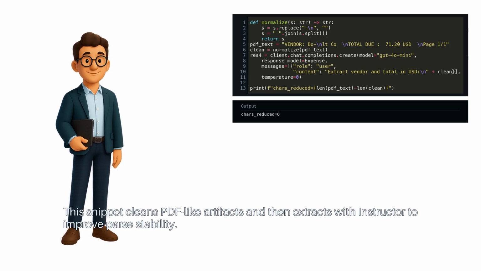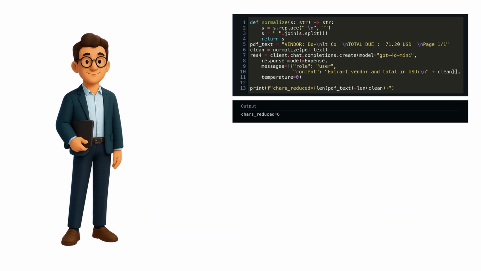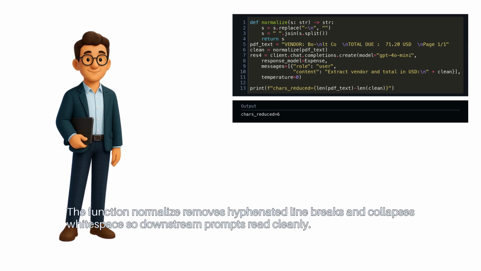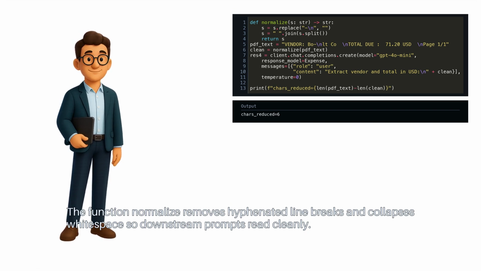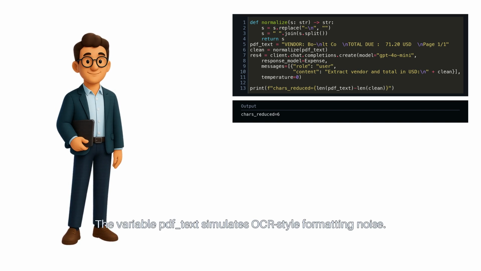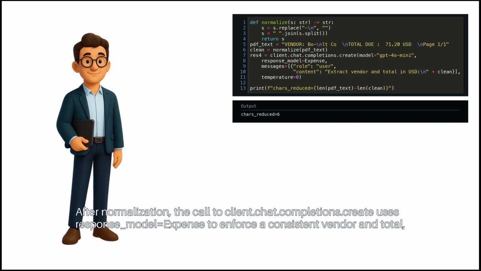This snippet cleans PDF-like artifacts and then extracts with Instructor to improve parse stability. The function normalize removes hyphenated line breaks and collapses whitespace so downstream prompts read cleanly. The variable pdf_text simulates OCR-style formatting noise. After normalization, the call to